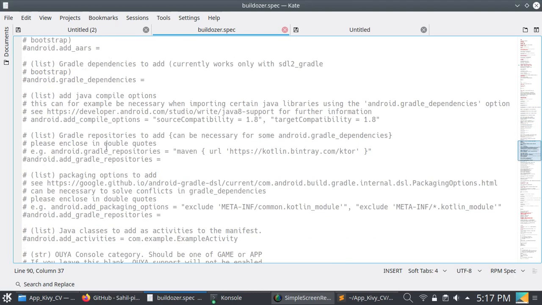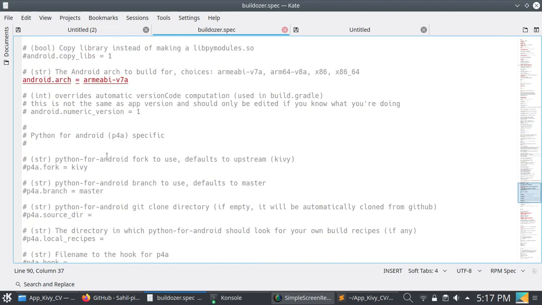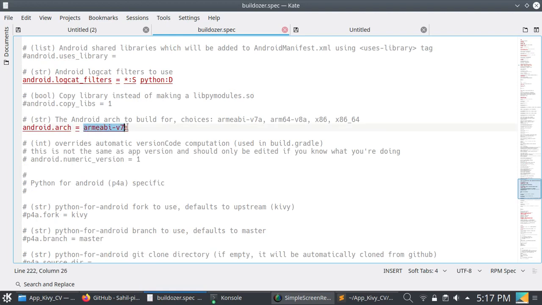Okay, and you can select the Android 32-bit or 64-bit version. I'm just choosing this 32-bit version. For the Android 64-bit version you have to choose this arm64-v8a version.